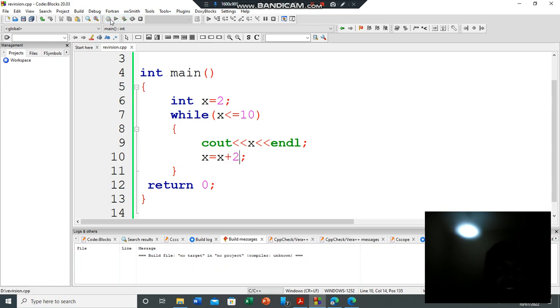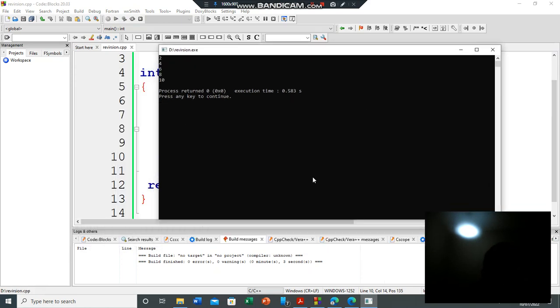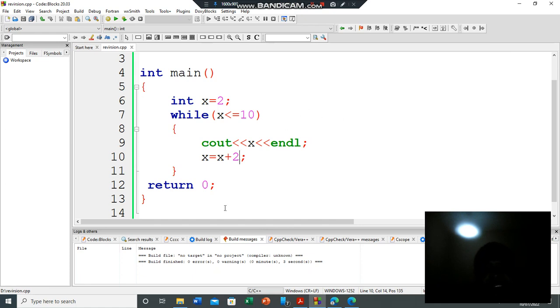Then if we build this, then we can run it. You will see that it's 2, 4, 6, 8, and 10. Can you see that? So that's how you do it when you have a while loop. So in the while loop, we can also add, subtract,